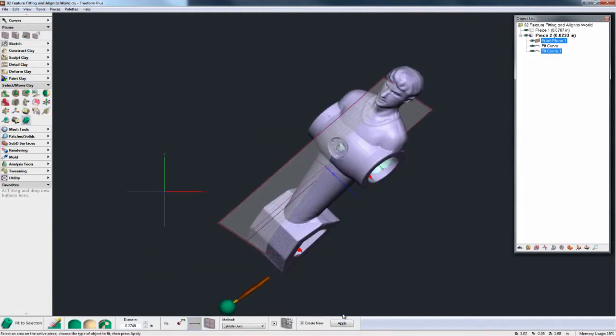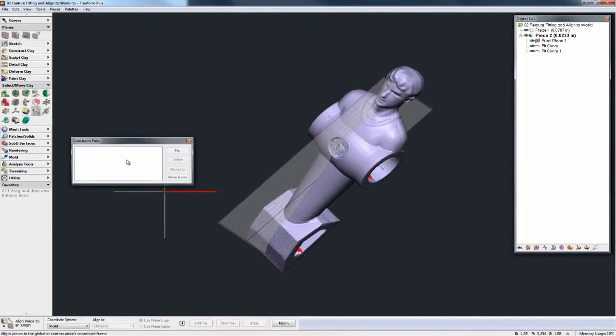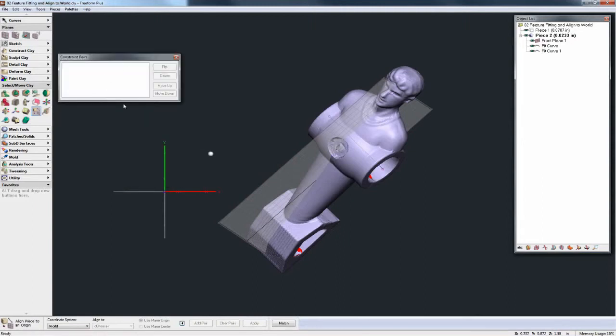Let's hit F2 and go back to our front view. You can see that the orientation of this scan is still at some random orientation and position compared to the global coordinate system. So my last step is using these features I've just fitted to realign this back down to global. So I use the align piece to an origin command, and what I'm going to be doing is creating pairs as I'm working. So first I'm going to select the plane, and I want to align that to the